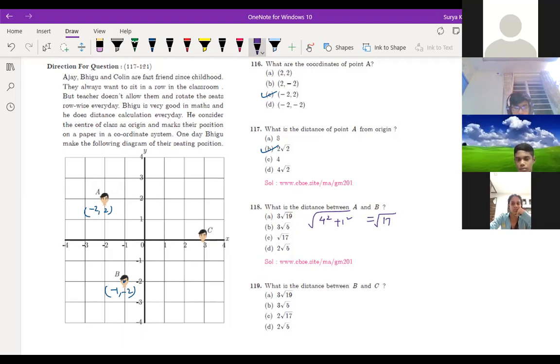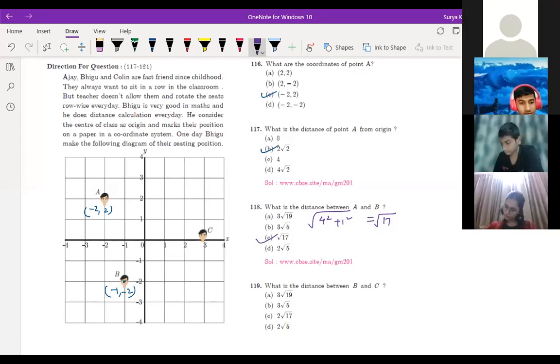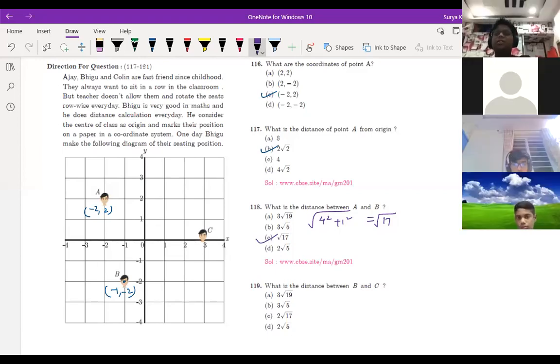Teja, we are saying root 17. Option, huh? Sir, C is the answer. C is the answer, right? Teja was telling option A for the 18th one. D, sir. Last one, 2 root 5. Okay. Then I think the 19th one is D. Teja, which answer were you saying? D option? Yeah, sir. Okay. 19th one, sir.